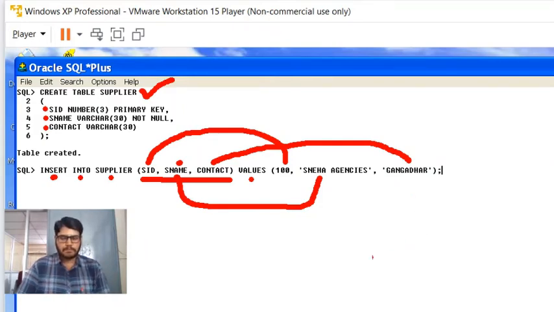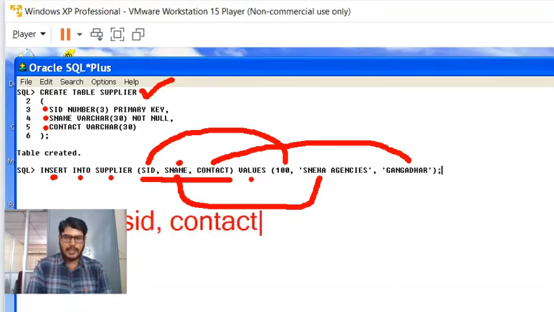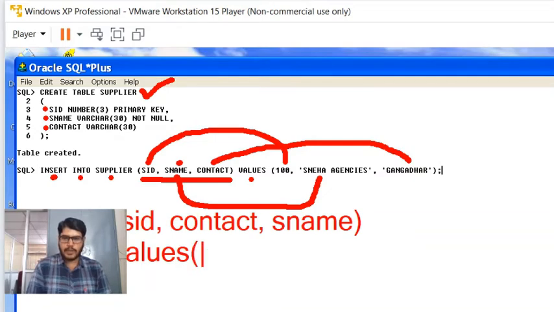Assume that I'm going to specify the column names like this. Say for example, SID I'm going to mention here, and after this I'm going to mention contact, and after this I'm going to mention SName. If I define the column order like this, then I should pass values like this also. 100, comma, after this I'm going to specify the contact here.